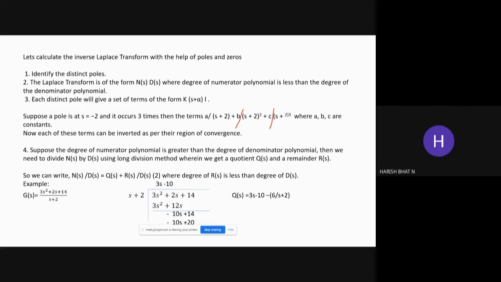Yes, sir. Sure, sir. So, sir, I have a small question on realizable transfer functions. Sir, if the numerator order is greater than the denominator order, is it realizable? Well, yes, but in fact, if you look at RLC networks, it is realizable only if there is a degree difference of 1.